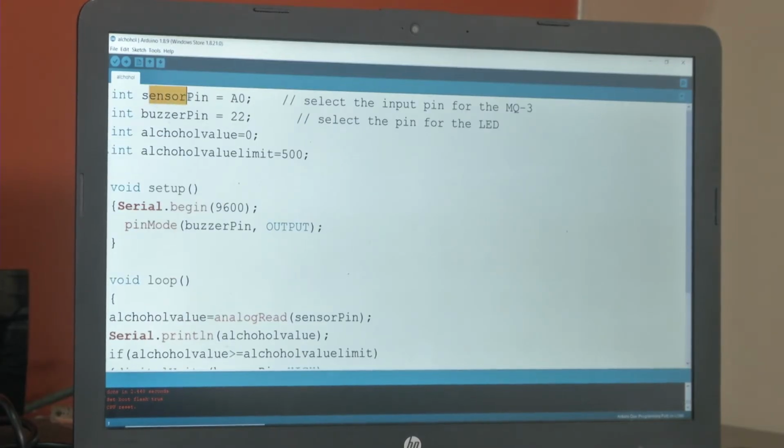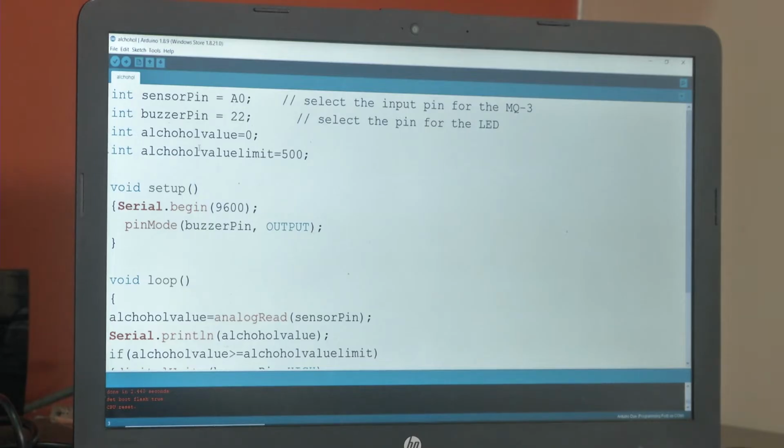Okay. As I said already, while we are connecting the circuit, this is the Arduino code for this. I have connected the analog pin of the gas sensor to analog pin A0 of the Arduino DUE, and the buzzer to digital pin 22. I have kept an integer alcohol value as 0, so that initially we need not have any junk value stored in it.